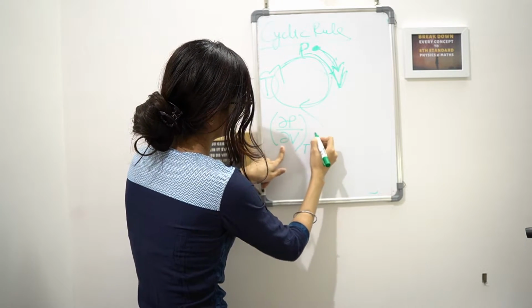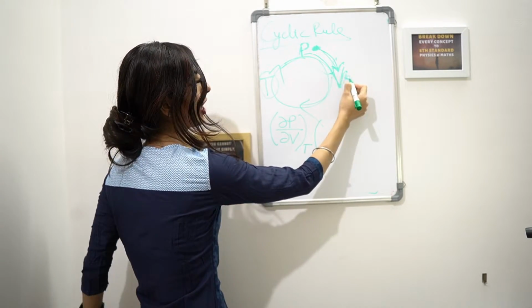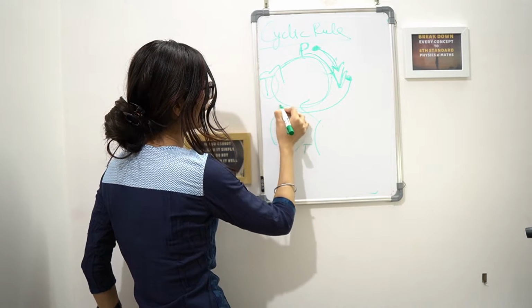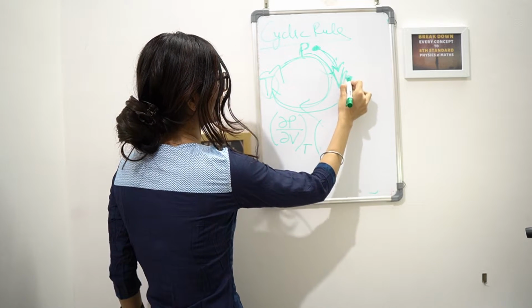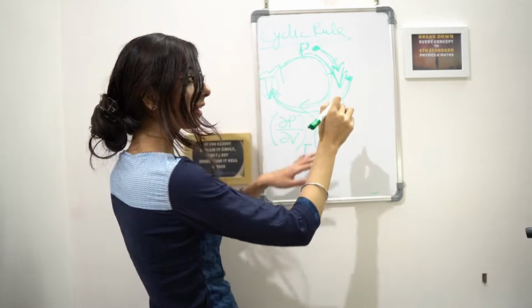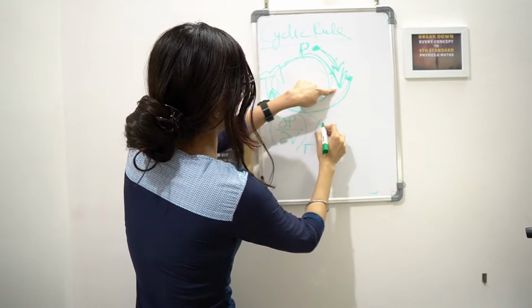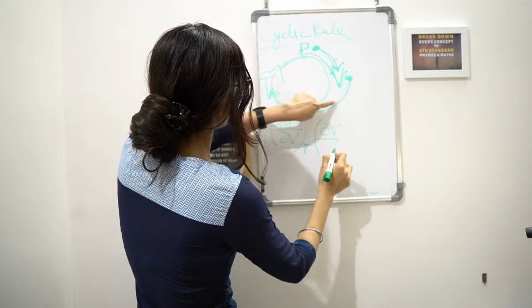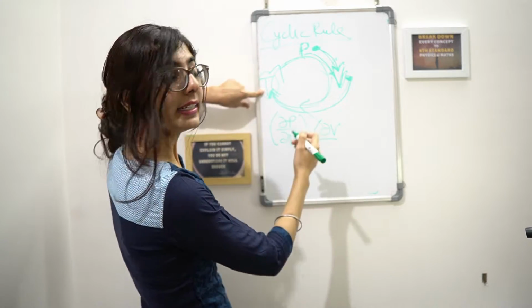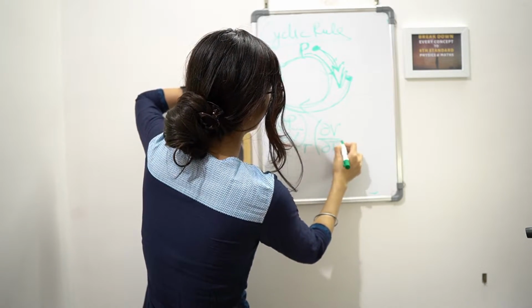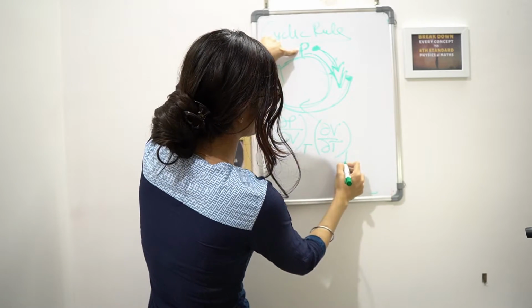So I wrote. Now again, since I reached here, I'll be moving from here to here, from this point to T. So now what I'll write, since I started at V, I'll be writing del V divided by, I ended at what? At T. So I'll be writing T. Keeping what? Keeping pressure constant.